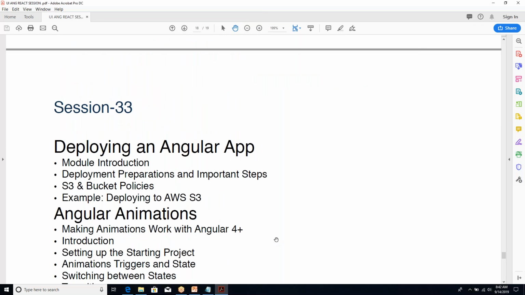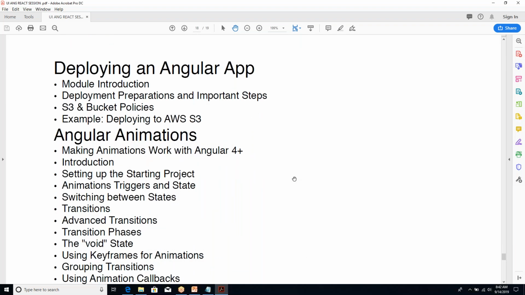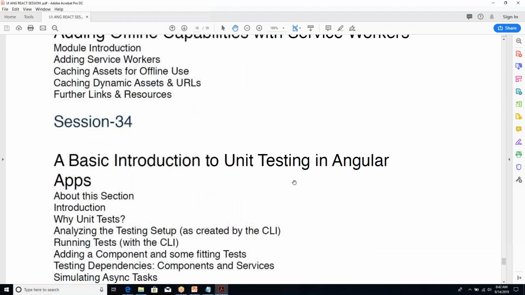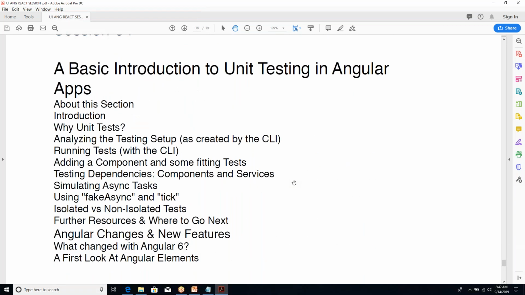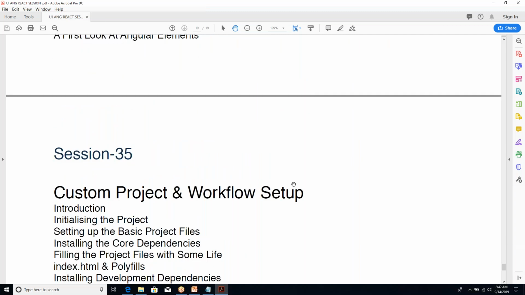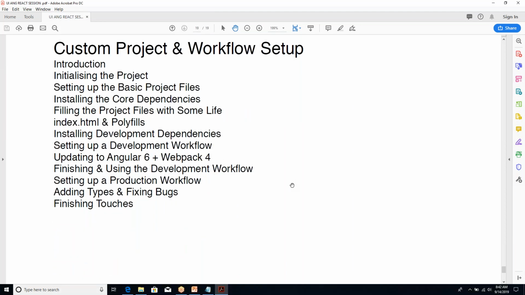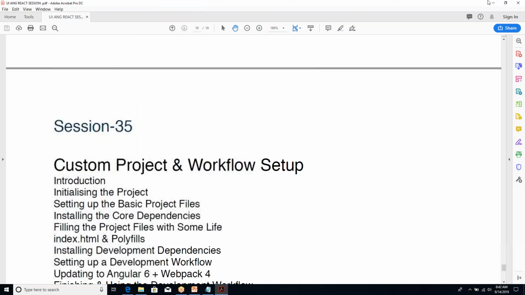In this particular application, we will be creating a sample application, and we will try to get the data from a service-oriented database or any other database. So we'll see how the API works, how the database will fetch the data, how it will be included inside our project, and how to manipulate the data in the front end. So we have a complete workflow setup for this particular project, and how to deploy it, and we will be seeing all of it end to end in this scenario. So this is all about the 35 sessions we initially planned, but it may increase to a few more sessions,